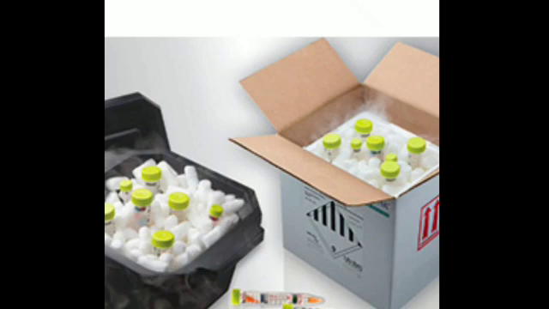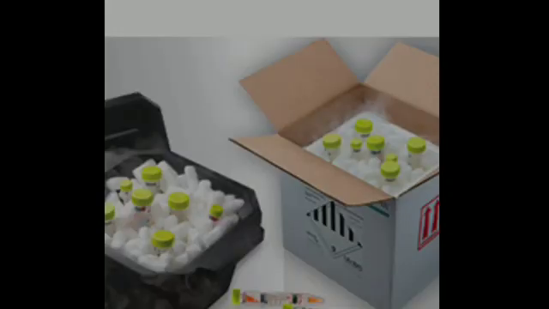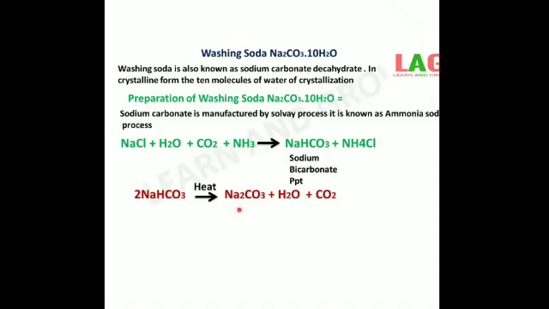So grains can be prepared and kept fresh in an atmosphere of carbon dioxide. Is it clear? Then it is also used in the manufacture of chemicals. For example, washing soda, baking powder, baking soda, all of these are prepared by using carbon dioxide. Is that clear? The chemical name of baking soda is sodium bicarbonate, NaHCO3, and for washing soda it is sodium carbonate.